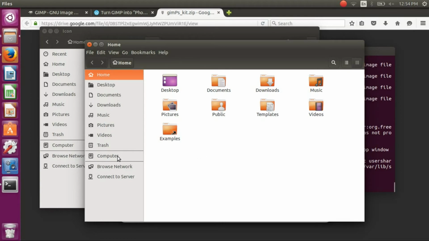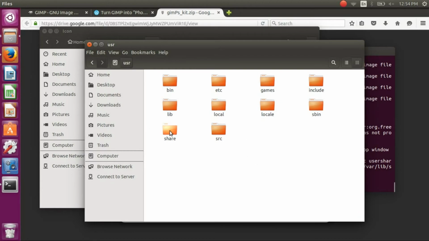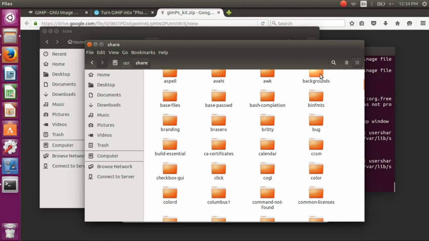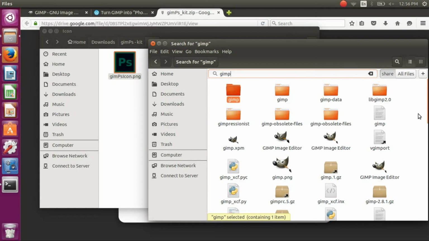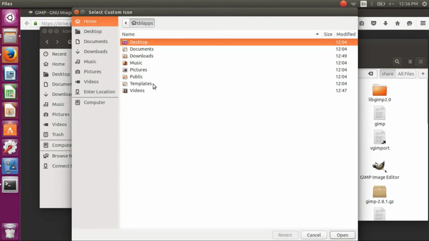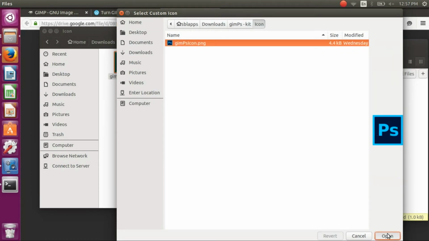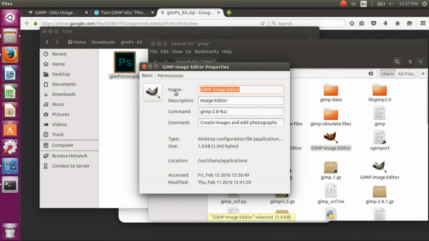So we're going to go to computer, user, share, and we're going to look for GIMP. So we're just going to search GIMP. All right, so now let's finish searching. Now we right click properties, click this. So let's go to downloads, GIMP's kit, icon, GIMP's icon, open. Okay, that's weird. Anyway, all right, so properties,